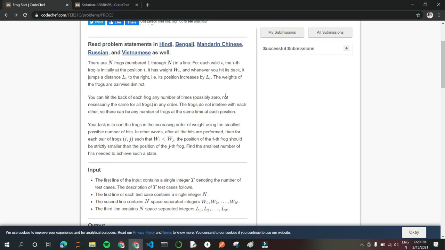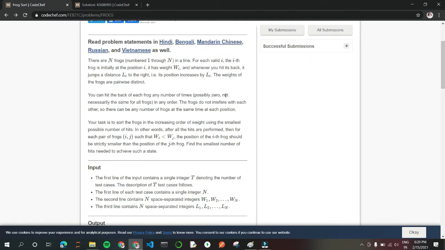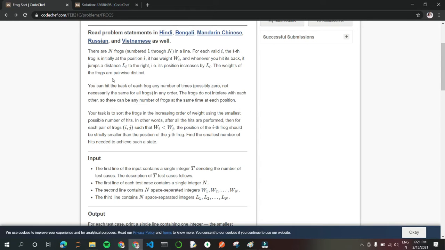Firstly, we have to consider some rows to understand this question. They are arranged in a line in terms of weight, and another line describes their position, and one line you have to consider for indexes in order to solve this question. The weights of the frogs are pairwise distinct.